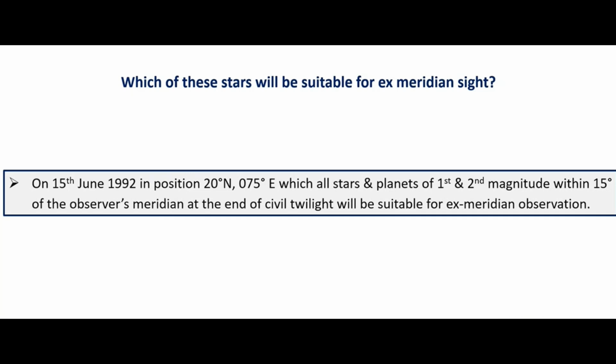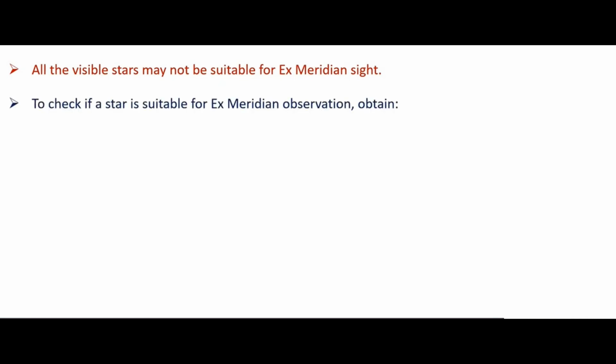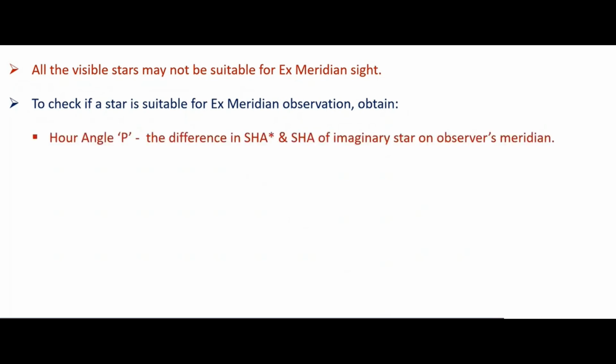I'm sure you can see that the first part of the question is same as has been solved earlier. It's only that now we have to figure out as to which of those stars shall be suitable for ex-meridian observation. We know every visible star or planet need not be suitable for ex-meridian observation. If a star is suitable for ex-meridian observation, we need to obtain R angle P, which is the difference in the SHA of the star or the SHA of the planet in question and the SHA of an imaginary star